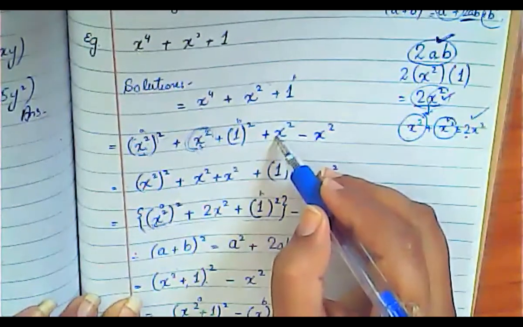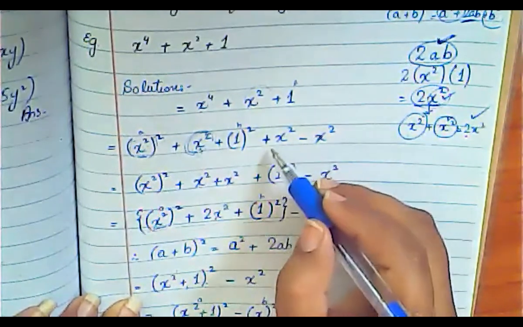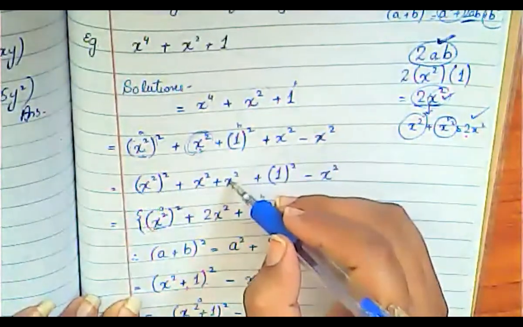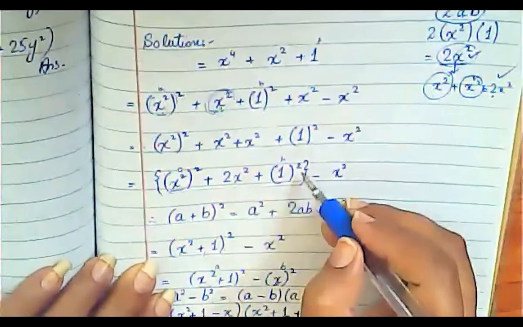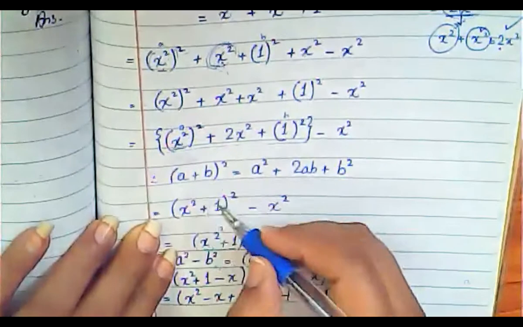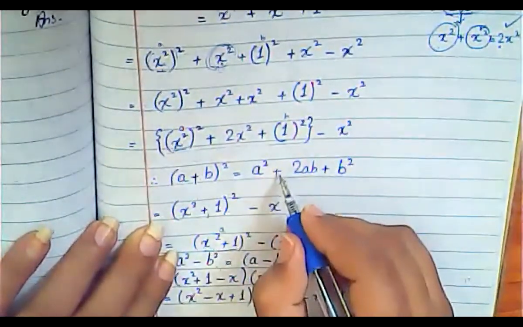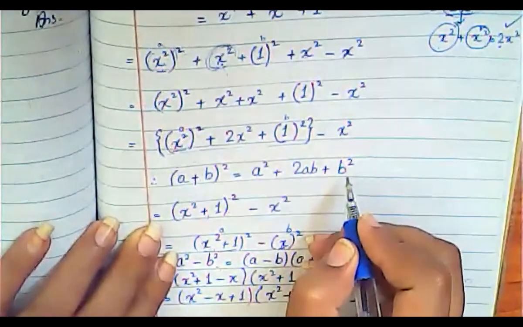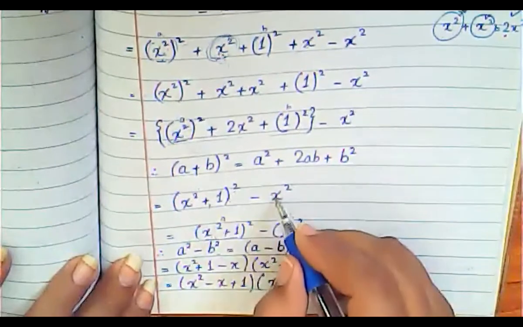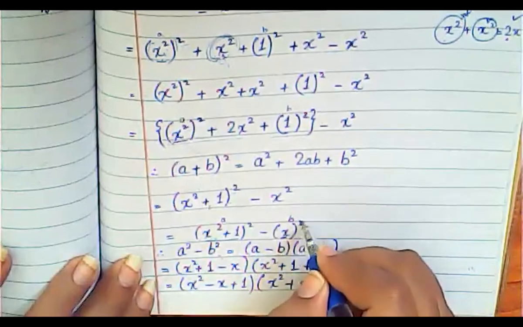Now the thing which we are going to add here, we will have to subtract it as well. So simply we will write plus x square and minus x square, and simply we will arrange it and then add it, and then enclose this whole thing into a formula, which is (a plus b) whole square is equal to a square plus 2ab plus b square. Simple. Now this is already in square form, and you have to take the square of this one, so it will be only x and its whole square.